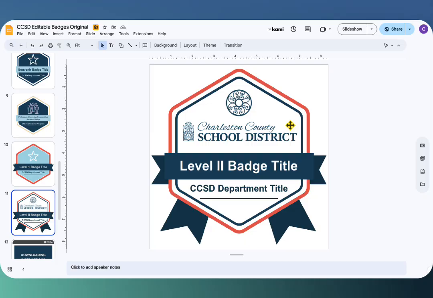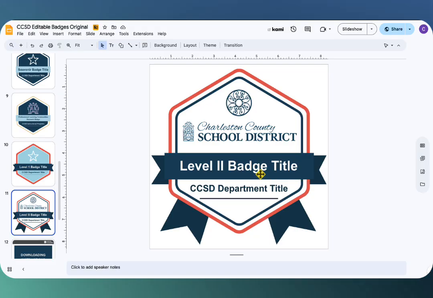Level 2 badges have to be submitted by the Credentials Committee. That was not a choice that we made. That is a functional logistical piece of the platform. So since you don't have a lot of choices to make with level 2 badges, and since we have to put these in for you anyways,